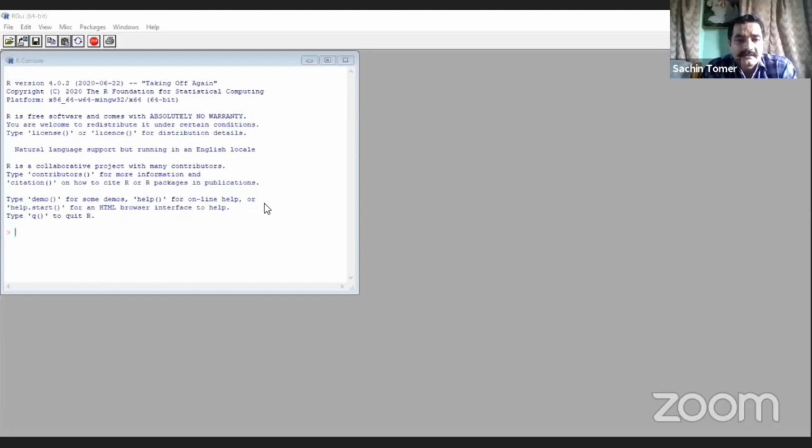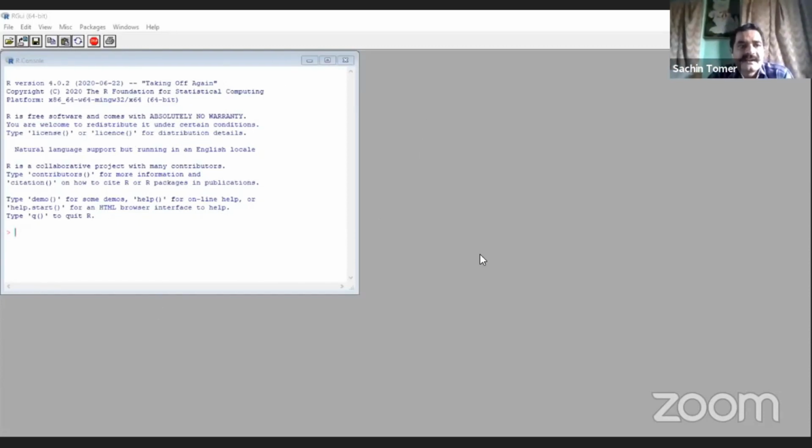After installing, it will create a shortcut on your desktop, and you will see the official logo of R appear on your screen. To open it, you just have to double click on this icon and you will get this window.